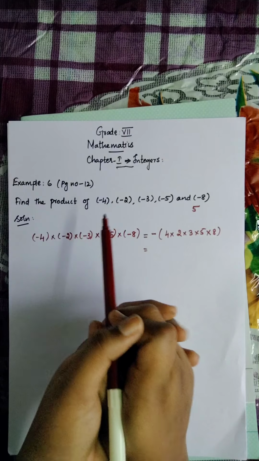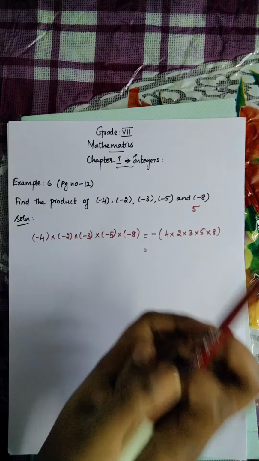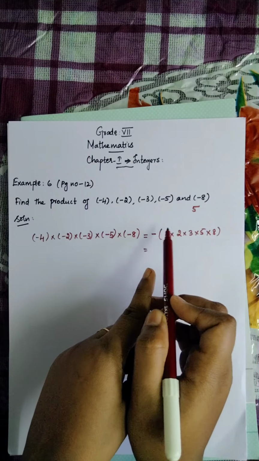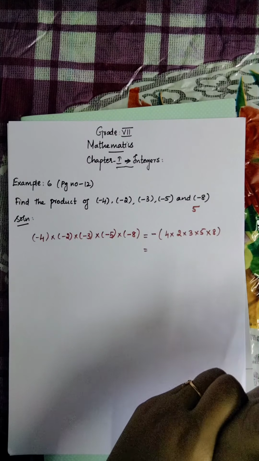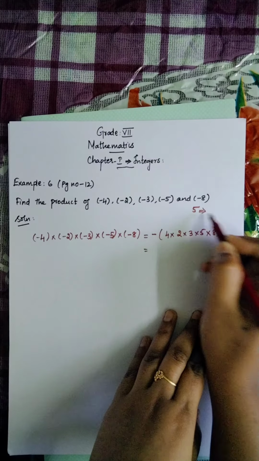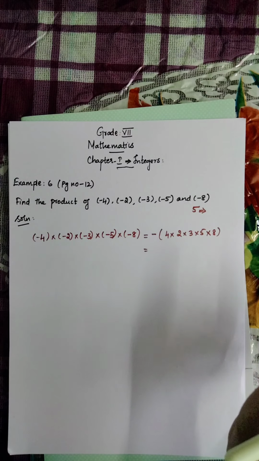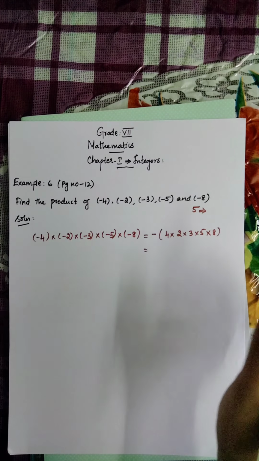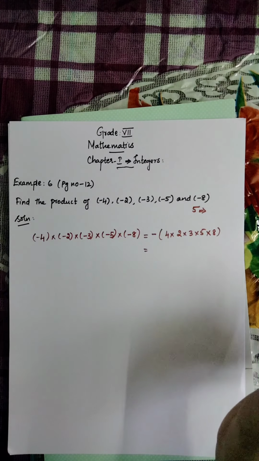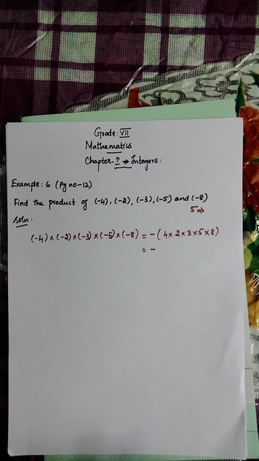First we need to count how many negative numbers are here. See, 1, 2, 3, 4, 5. If it is odd, and 5 is an odd number, right, you need to put the negative sign in front and then multiply all the numbers. This is the rule. Understand? Do you have any doubt? If there are an odd number of negative numbers, we multiply all the integers and put the negative sign before the product. This is our rule.